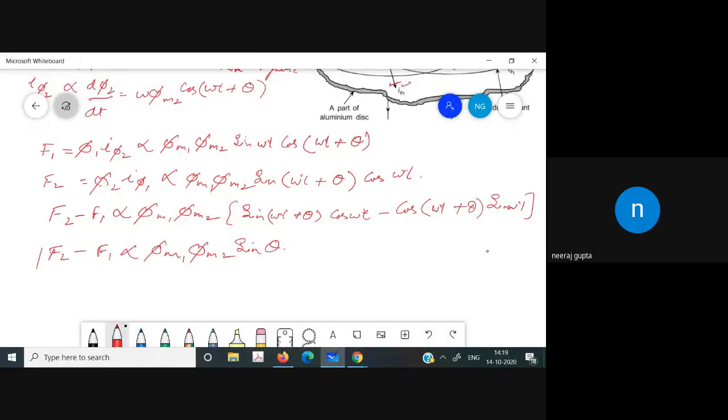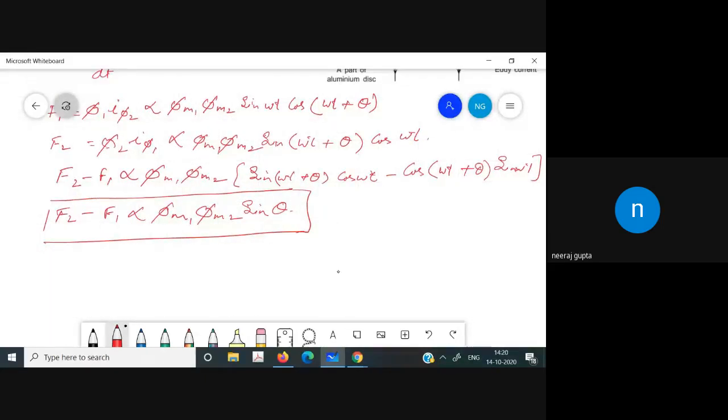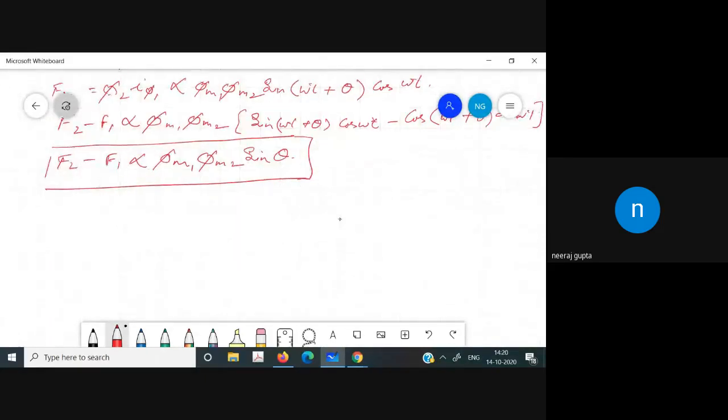So this is the final expression. Now, from this expression, certain conclusions can be drawn. Now, the first conclusion from this expression is that, let us suppose that some conclusions can be drawn from this. Now, first conclusion is that